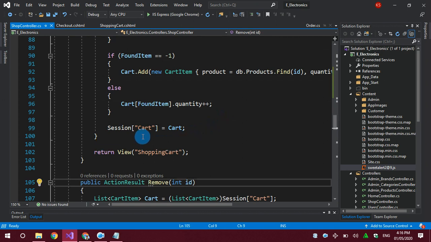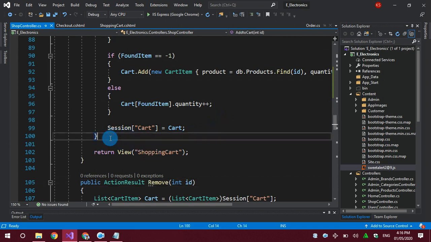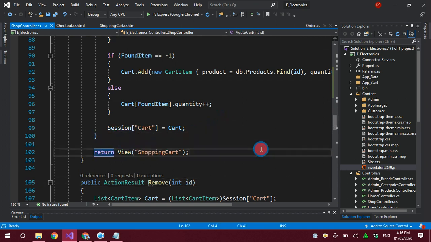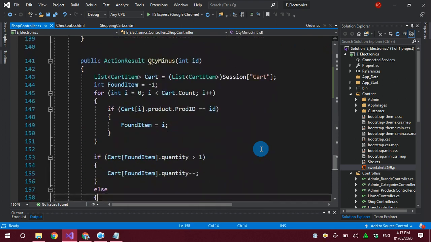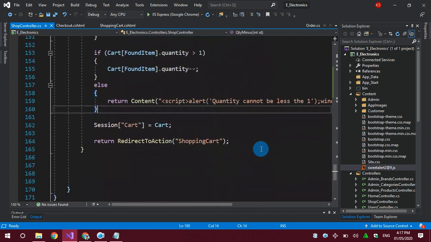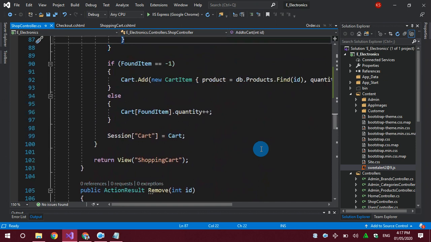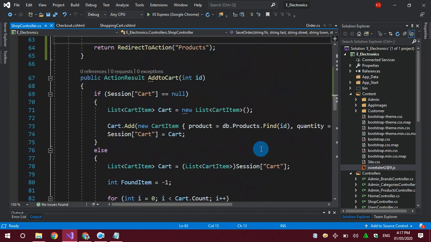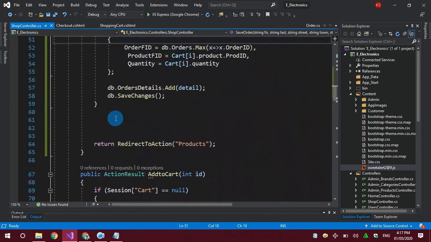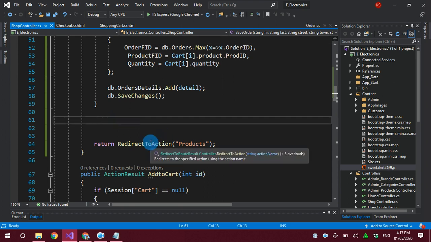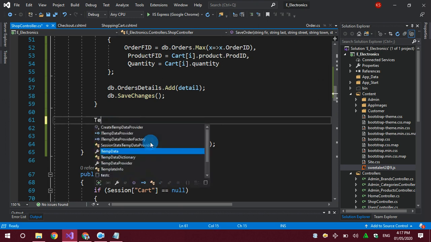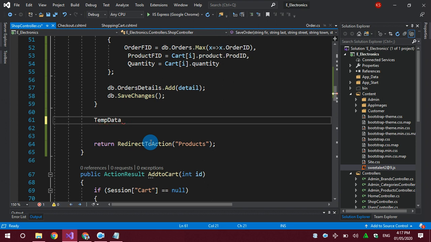Now, in the return view section, before it goes to the products page, it will show the user a very interesting message: the order has been saved. I'll populate my temp data with a state, as there may be different states, like the error state and the information state.